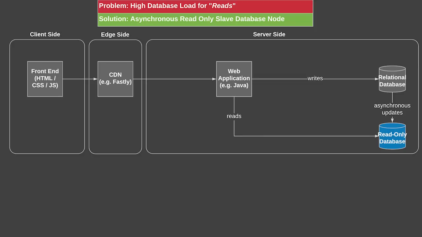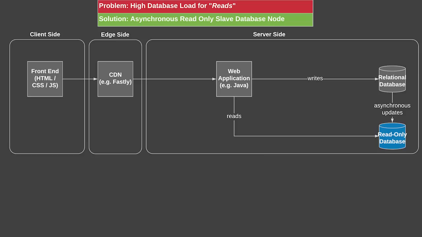Once you start to have more users, there will be a high load on your database server. And in the context of web applications, usually this is more read-only traffic that's heavy. So the writes are usually less than the reads. So one of the first things that you will have to do as an optimization is to separate out your writes from your reads.